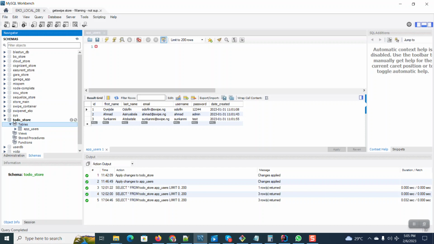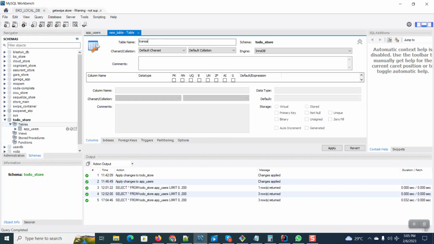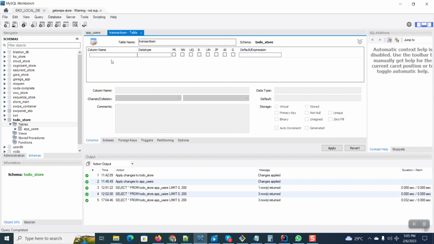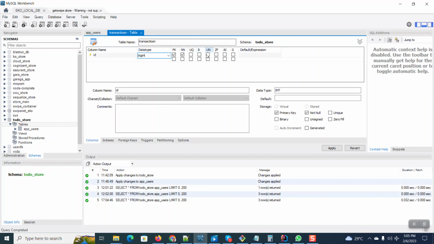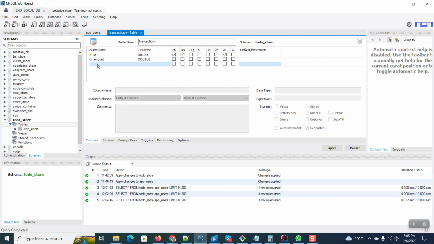Okay, now let me quickly create a table and call it transactions. So let's call it id, big int or int, primary key auto increment. I'm not going to teach you this one again as I'm using it. You should learn it along, but try to use normal code so that you'll be able to familiarize yourself with the code. Let's say narration,